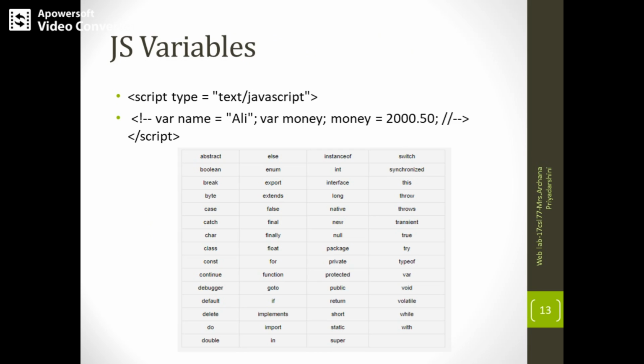So now we'll discuss JavaScript variables and how it is possible to declare variables. There are different ways of declaring variables. As you know, in JavaScript the variables are dynamically typed. That means you don't have to declare its data type. So variables here